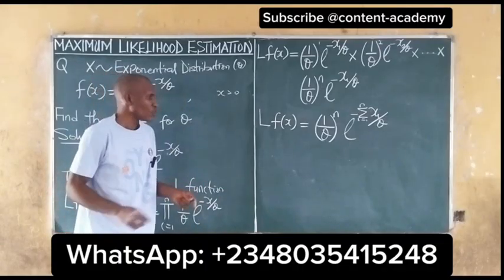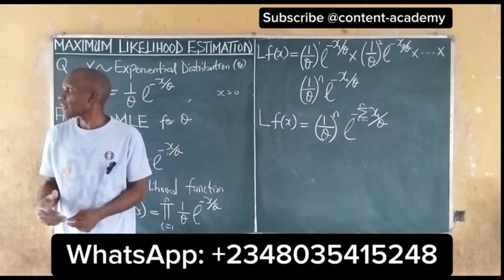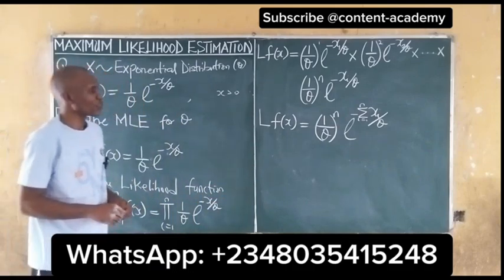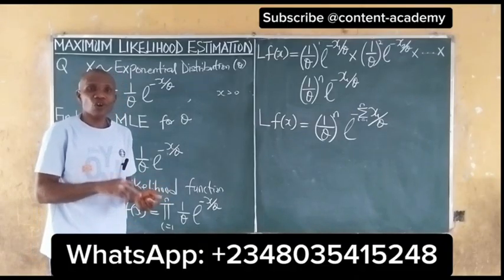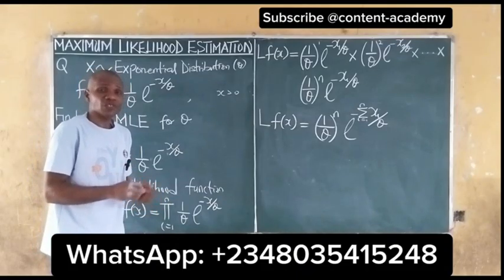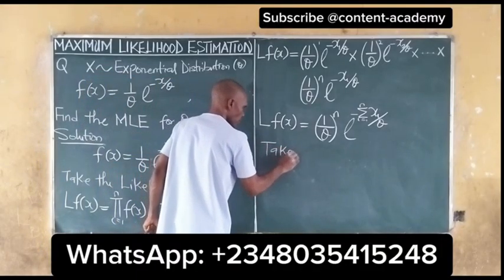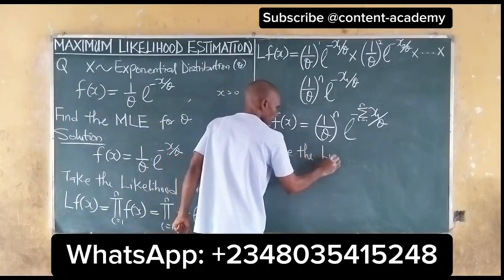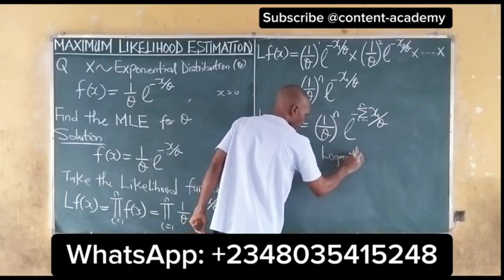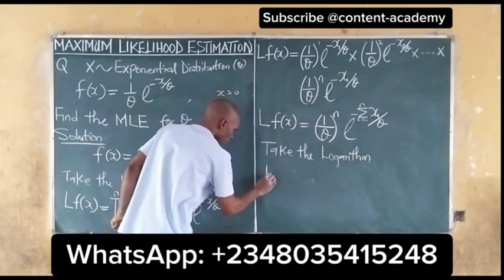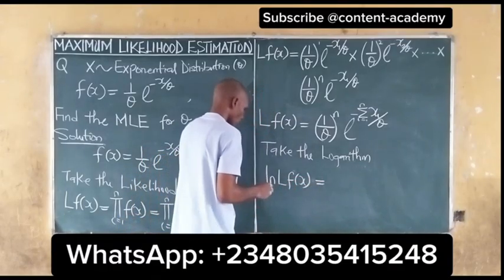Now the next thing to do is to take the logarithm. Of course, we explained in our maximum likelihood estimation that to obtain the estimates, we take the log of the likelihood function, take the derivative with respect to the parameter given, and set it to 0. So we take the logarithm. Taking the log, we have ln f of x to be equal to